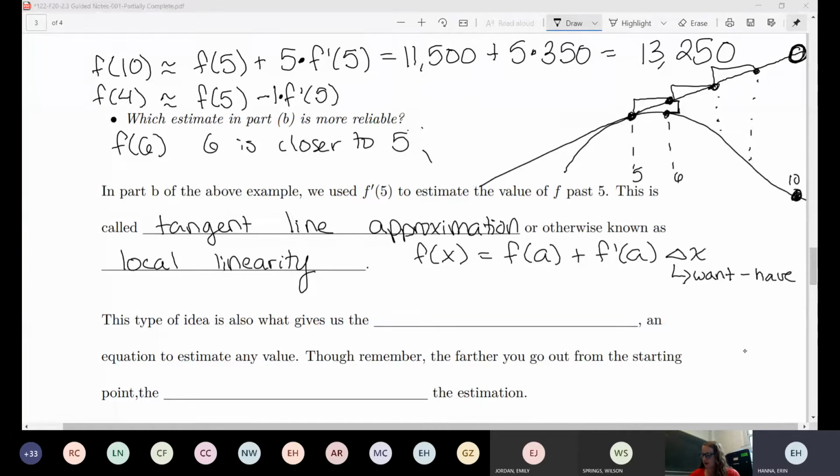So this type of idea is essentially what gives us the tangent line. Now, we have talked about the tangent line already, but this is officially where it comes into our notes, this section here. So this is what gives us the tangent line, and it's an equation that we can use to estimate any value. But again, as I've stated already, the farther you go out from the starting point, the less accurate